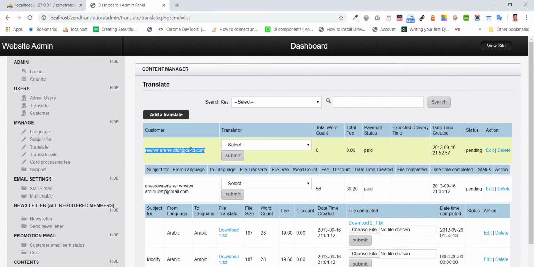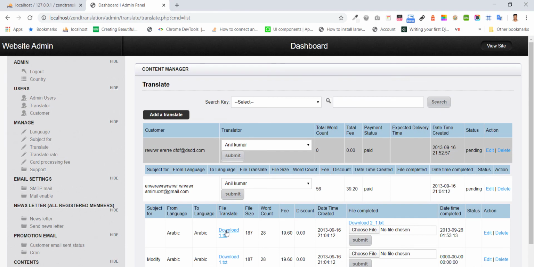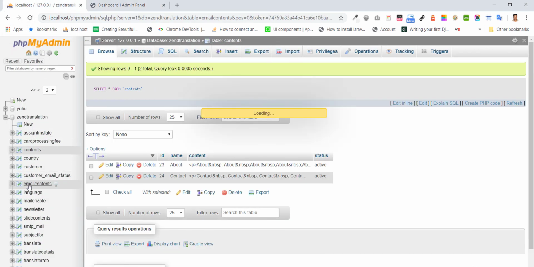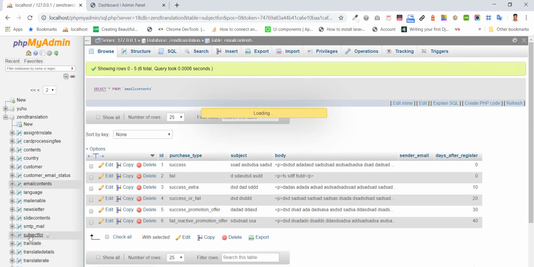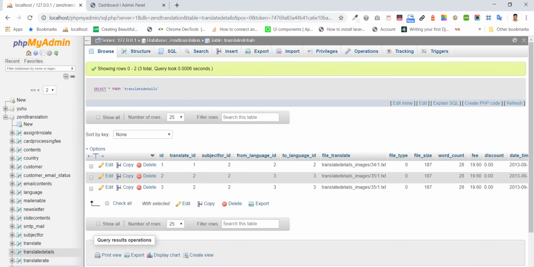Customer information will translate, translator, and submit, get assignee. You will get email and information and you will start work, and after completing, you will upload the file, download file. Now I'm gonna show you the database table, contents, email contents, subject for, translation details, translator,